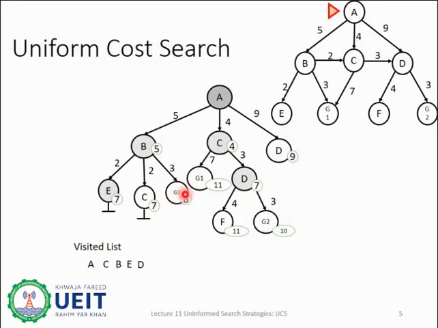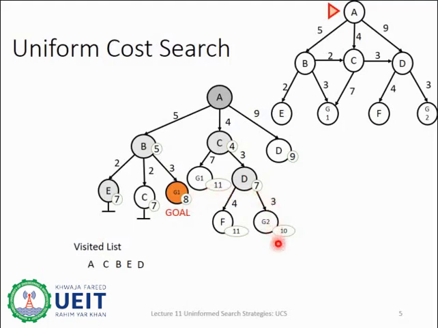We will go on expanding the node G1. Before expanding G1, the algorithm will ask, am I at the goal node? The answer will be yes, and thus the goal is reached. The search will stop here, and this is the optimal path that this search can yield to reach the goal. We can reach G1 with the cost of 11.